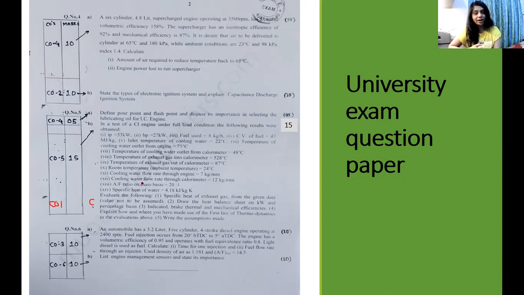So if I find that maximum students might have attempted question number A and B and not C, as these 2 questions are easy as compared to C, so I will choose A and B. But here there is no such case, so there are direct questions and both are compulsory, so you can directly take CO4 5 and CO5 15 and so on. Similarly, do it for question number 6. Now this first task is over.